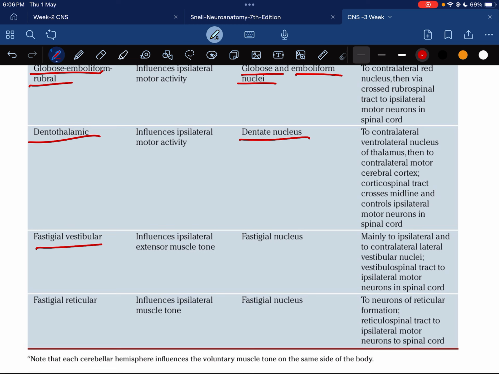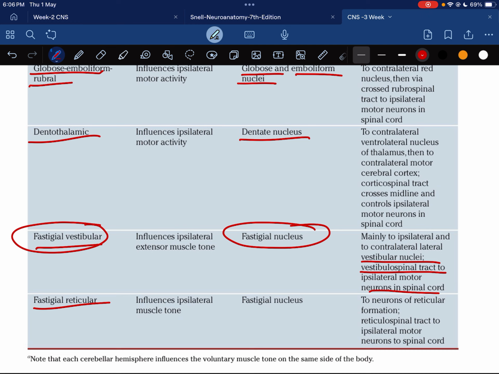Regarding the cerebellovestibular and also the cerebelloreticular, the cerebellar nucleus gives a connection to the vestibular nuclei, and then these vestibular nuclei lead to a tract, the vestibulospinal tract, and that controls the ipsilateral motor neurons of the spinal cord. And also the cerebelloreticular originates from the cerebellar nucleus, with a connection to the reticular formation, and then it forms the reticulospinal tract, and the reticulospinal tract ipsilaterally controls the